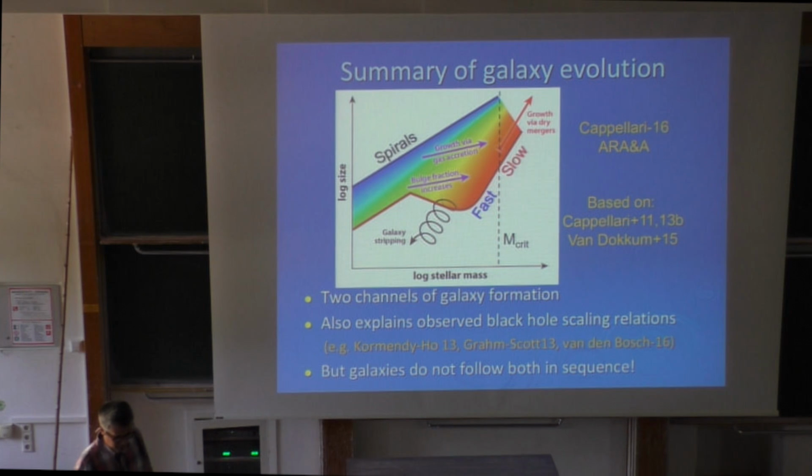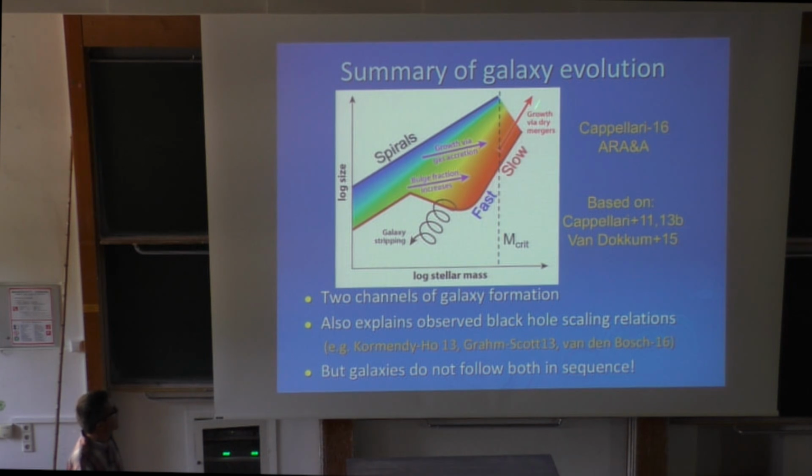So let's skip this one. This is just a summary of the picture of galaxy evolution that one consistently finds from both trying to explain observations at low redshift and observations at high redshift. In both cases, you explain the evolution of galaxies as due to a track, this gas accretion channel that I showed at the beginning, where the bulge grows and the galaxy becomes passive. And then you have the dry merging channel, where galaxies grow by dry merging